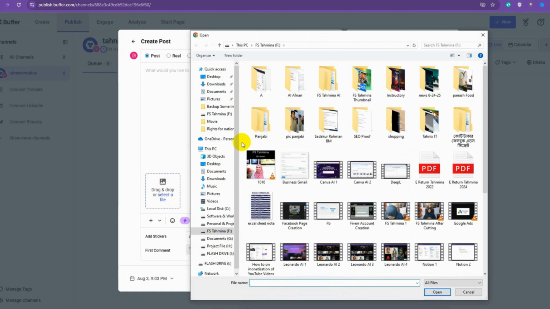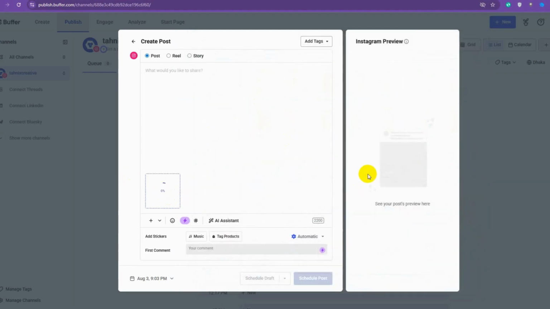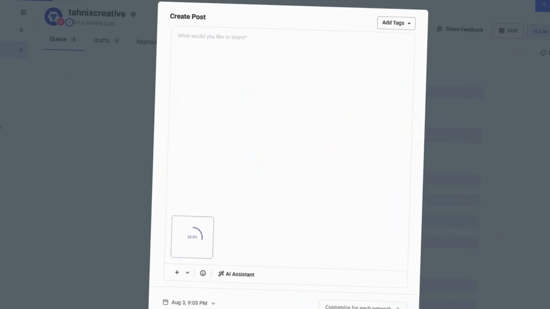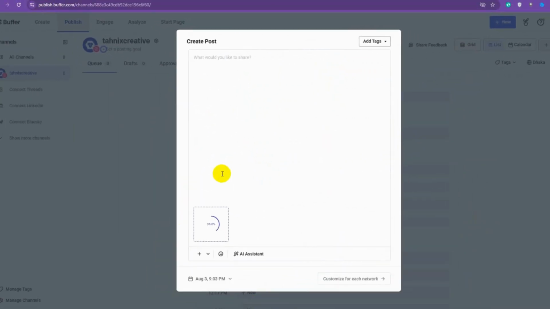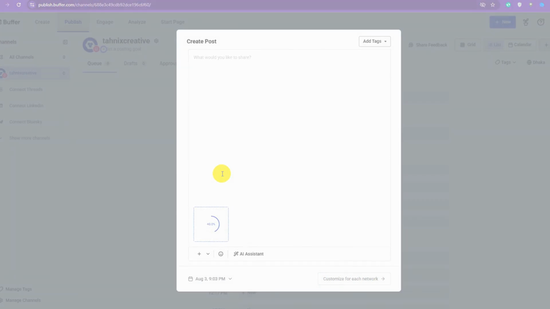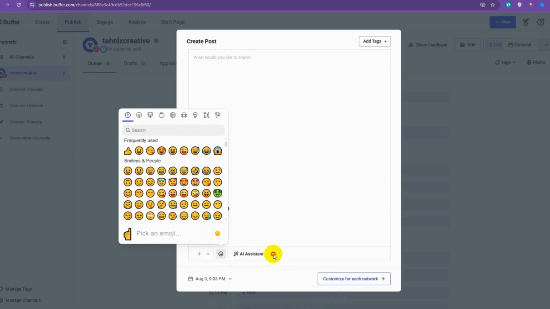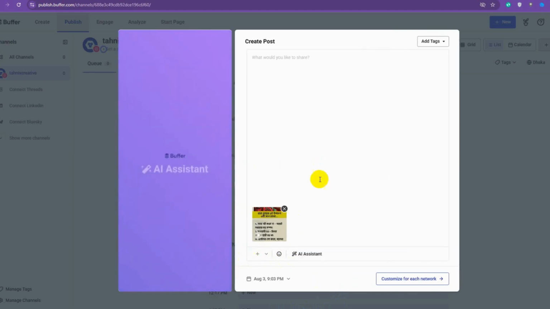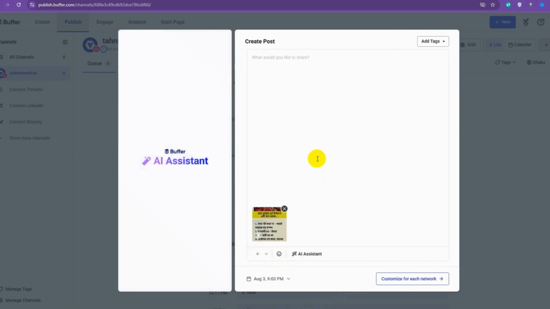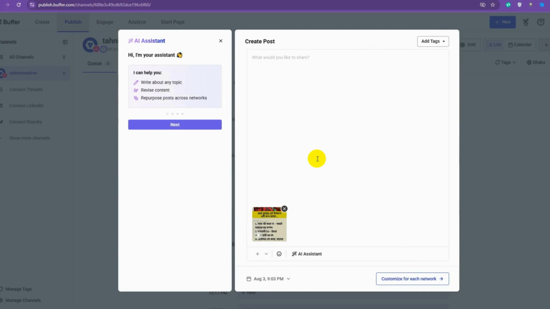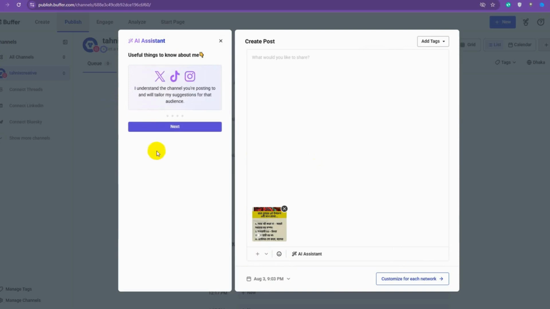You can select a file. Let's say this is the file, and give it some time to upload. We can upload an image or a video that is suitable for our post. Here is our post, and we can add emojis and the AI assistant, so that it can write a tag or a tagline or anything for us. Okay, next,